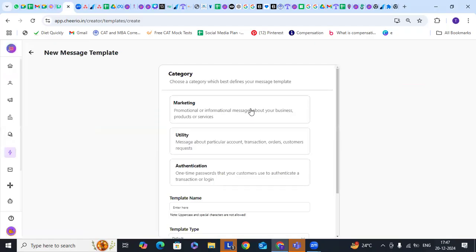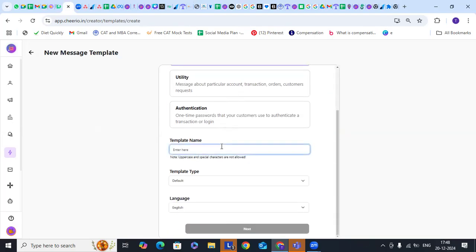Here, choose the right type category of your template. It can be a marketing. Marketing means if you're talking about your product, if you're giving any offer, like that. Or it's a utility means that if someone messaged you or filled up a form on Facebook or have an inquiry, you're replying to them. So choose the right one, put a template name like this. I'm putting Lance as an inquiry, just for an example one.